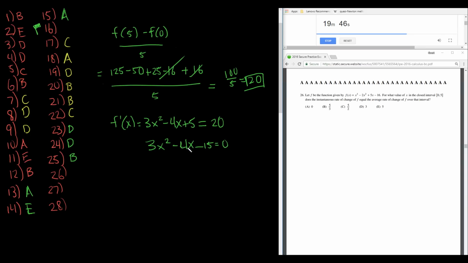And this has a 3 here, so I don't feel like actually factoring it. Let's just use the quadratic formula. x equals negative b. b is negative 4, so 4, plus or minus the square root of b squared minus 4ac. So that's going to come out to plus 60 times 3, plus 180, divided by 2a, which is 6. This tells us that we have 2/3 plus or minus something divided by 6. Well, that something is the root of